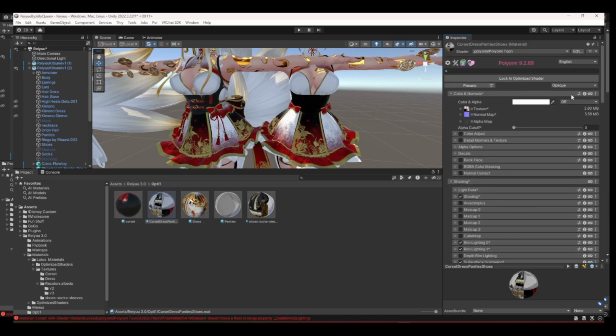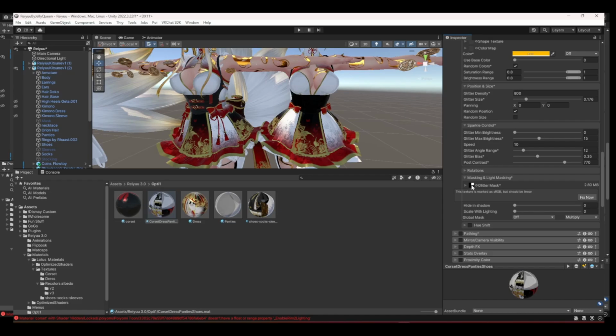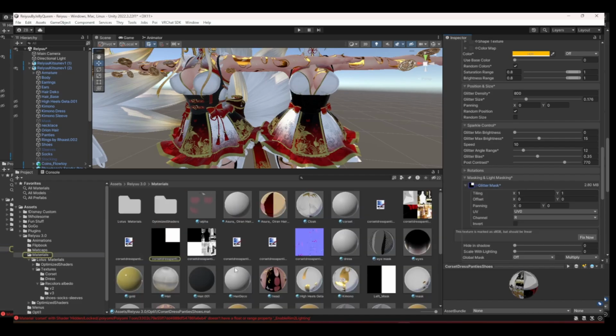There's also different things you can do, like with decals. You can use an RGBA mask to save. Instead of always using 4 of these with the corner, you could create